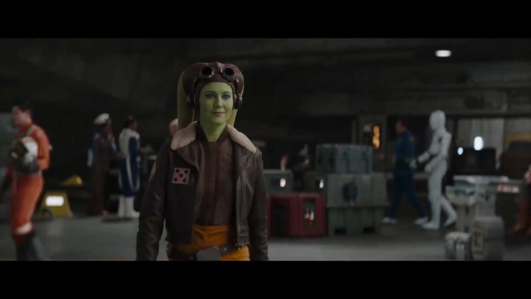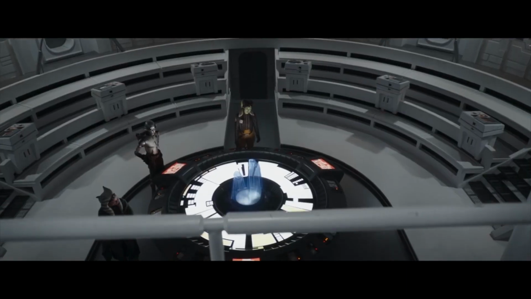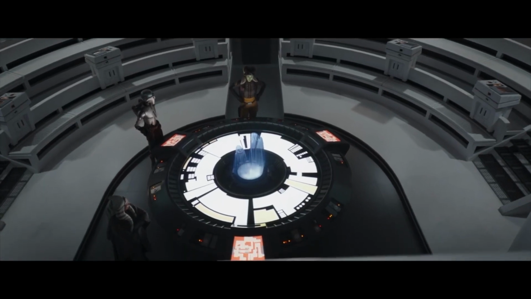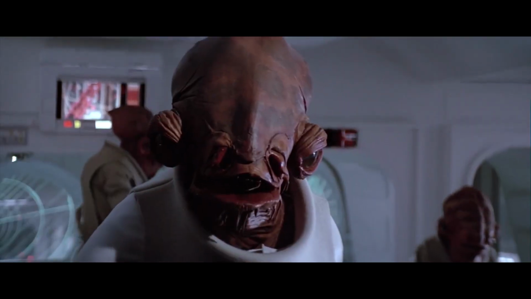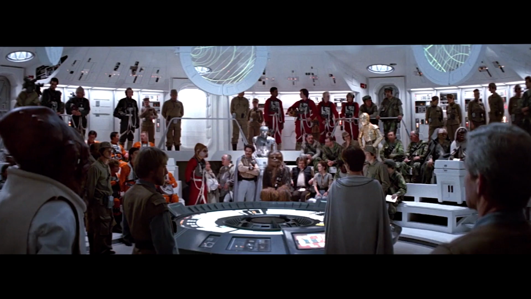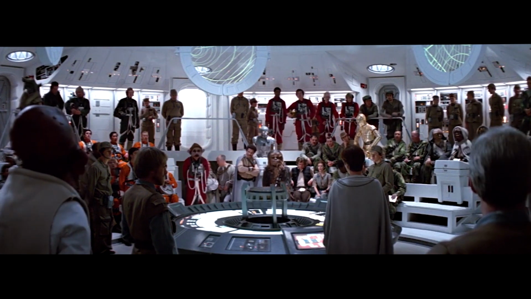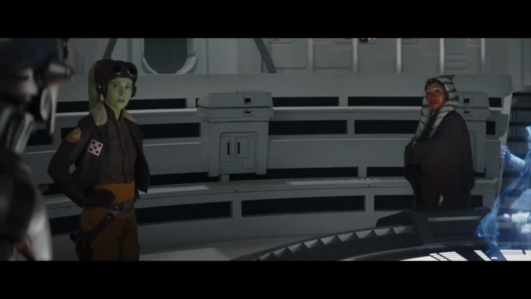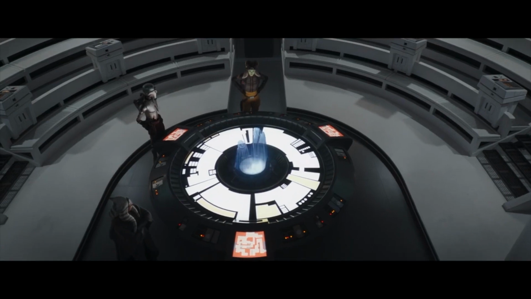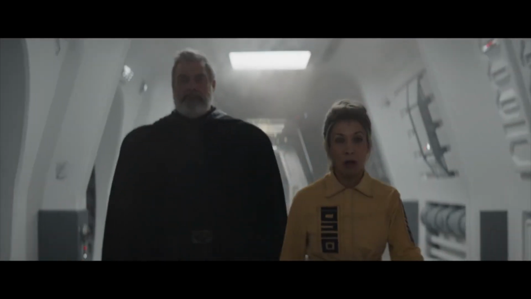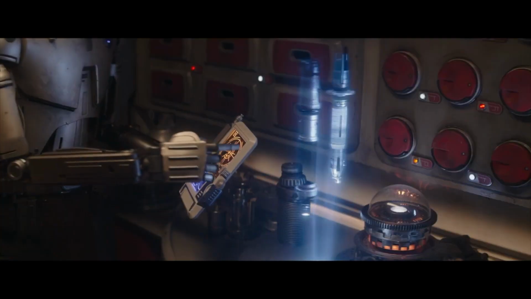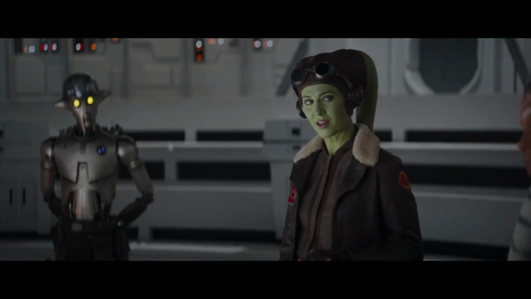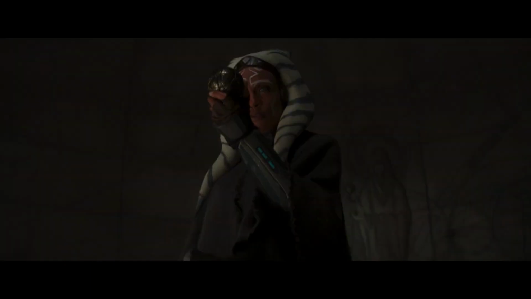Ahsoka is contacted by General Hera Syndulla, and Ahsoka rendezvous with her aboard Home 1, which is Admiral Akbar's ship. In fact, this could very well be Akbar on the bridge. Hera briefs Ahsoka in the same room where Mon Mothma gave the rebel leadership a briefing on the attack on the second Death Star. Hera shows Ahsoka the two unknown figures who liberated Elsbeth, with holoscans of their appearances and lightsaber hilts. Hera suggests to Ahsoka to go to Sabine to ask for help to figure out how to